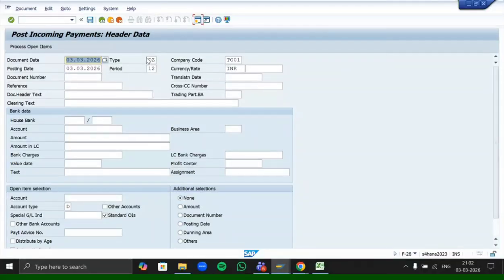Now your document type is DZ. DZ means it's a customer payment entry. This DZ defines that you have made a customer payment. Period shows 12, that is the month.